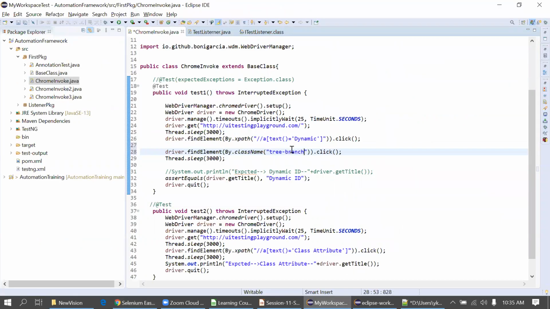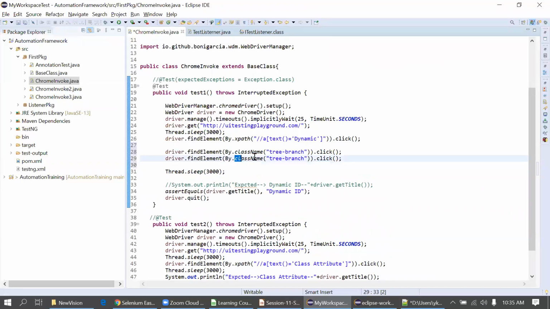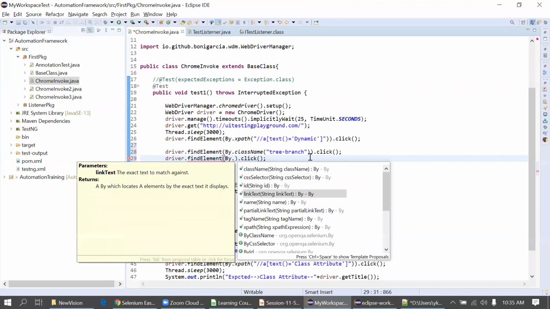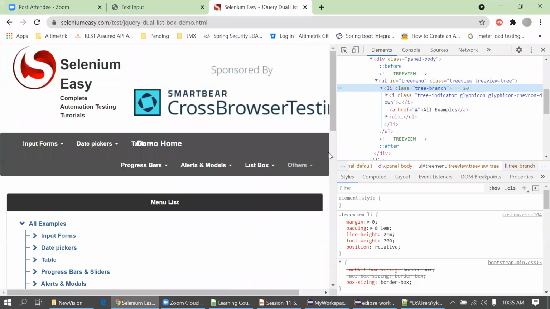Okay, and it will work for me. Same for the other. Suppose now I'll go for link text. I'll search for the link text here.